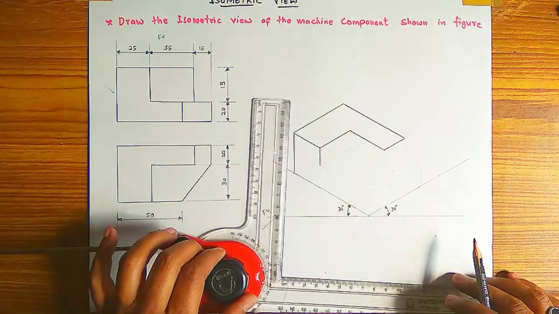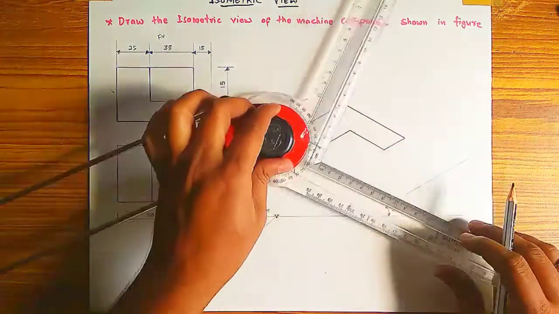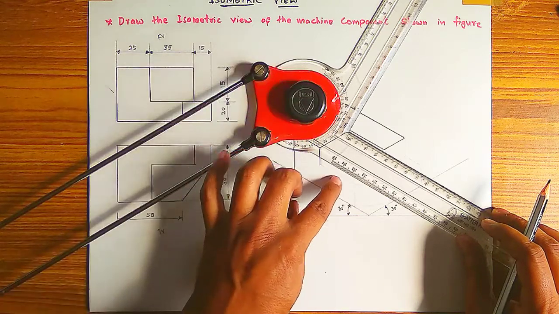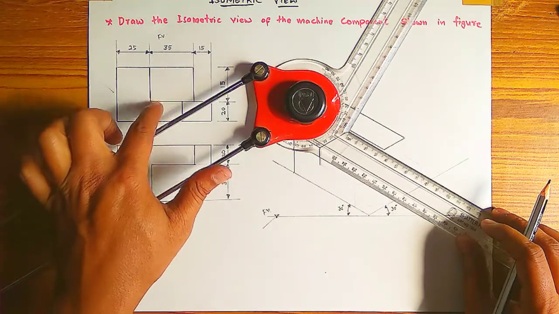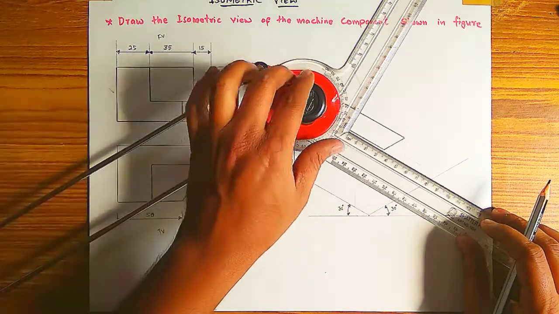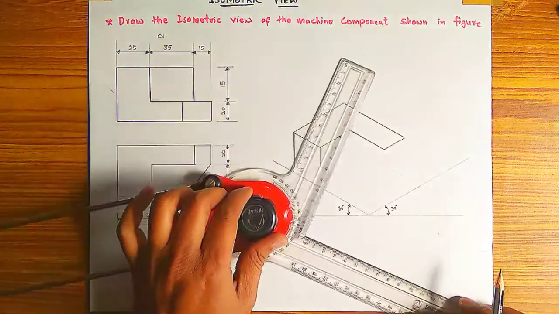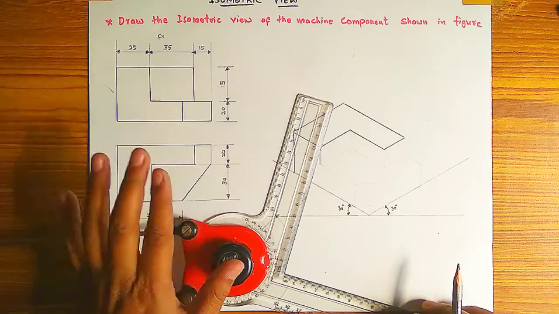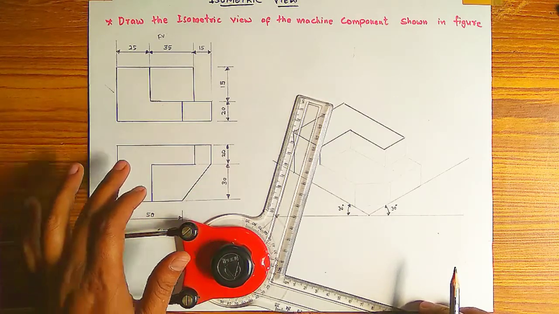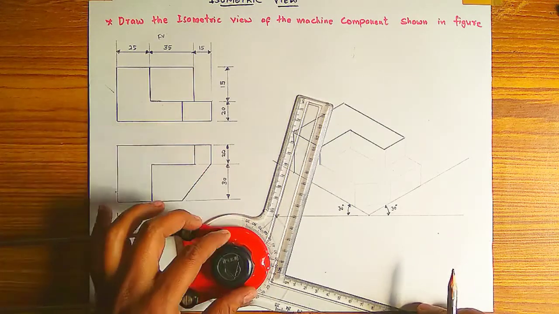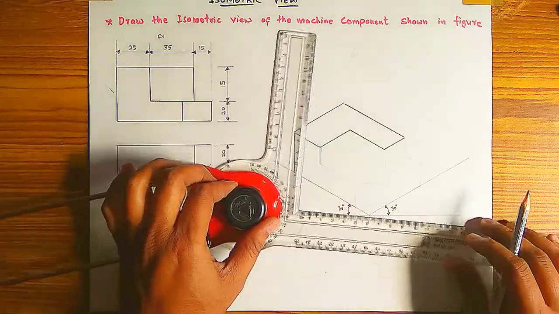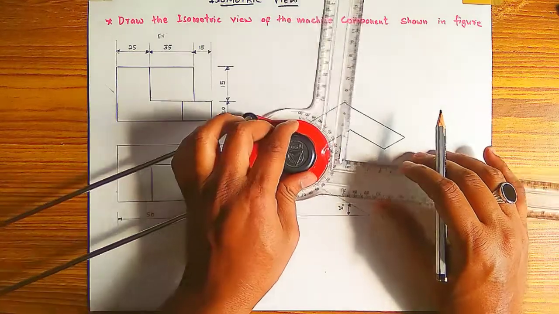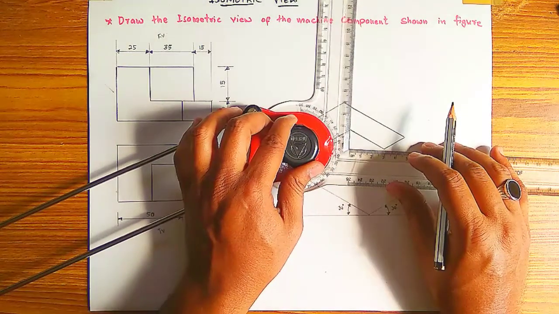Then this line is how much? We don't know. That much is only this line, so this much distance is there. We have to copy this, and this length we don't know, so we keep it like that only. And this line is 15 mm, so from here also we have to draw 15, 15.